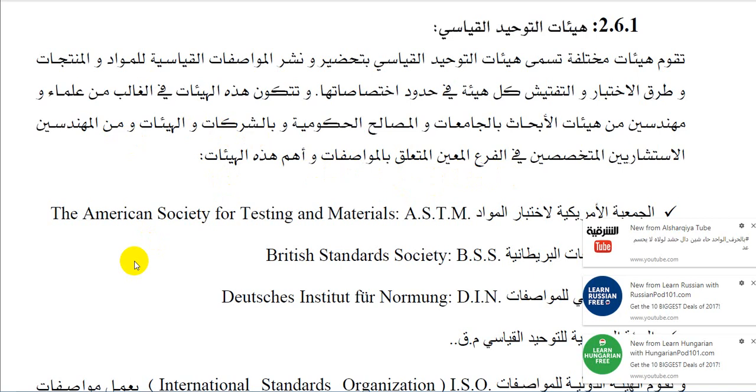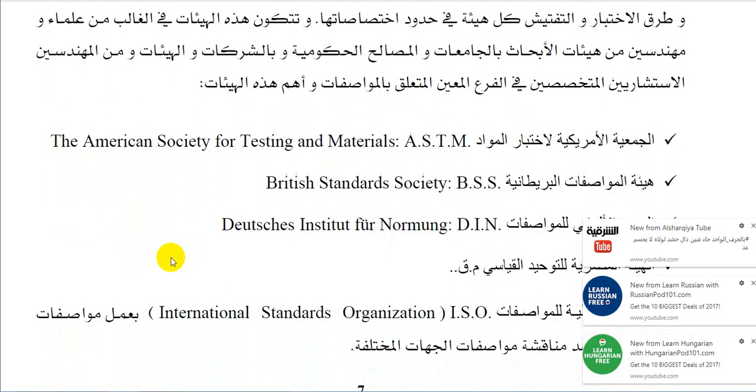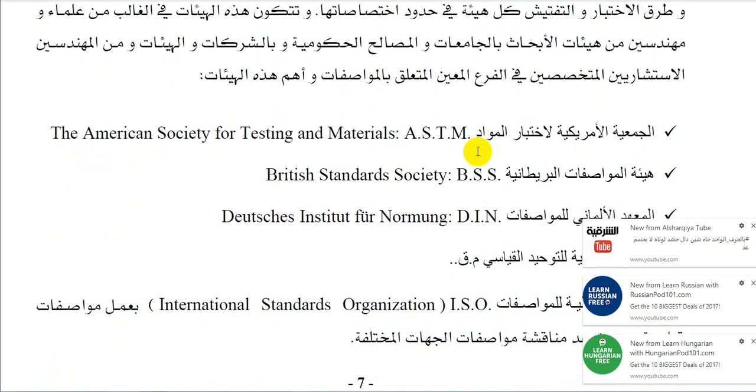The highlighted committees are the American Society for Testing and Materials, ASTM, which appears in almost all or most measurements for all material tests. It consists of most of the standardized tests and specs for all materials written all over, or even stamped on any alloys or any components produced or used.